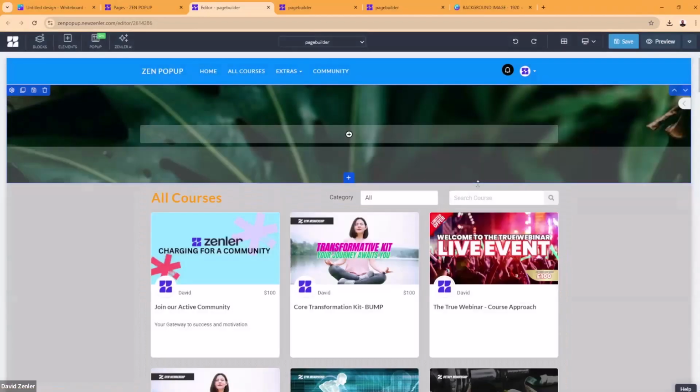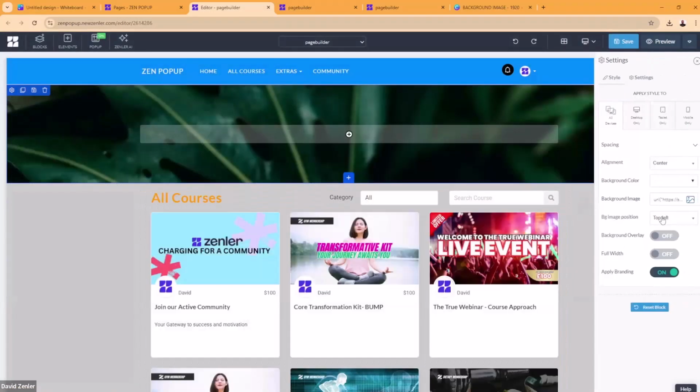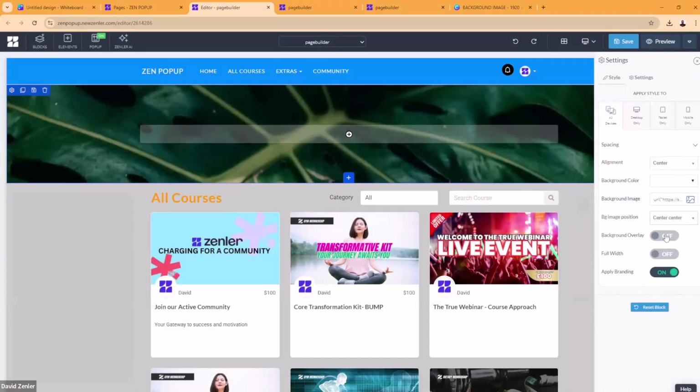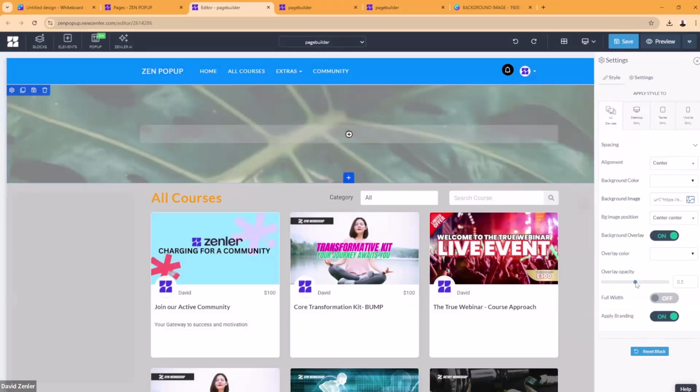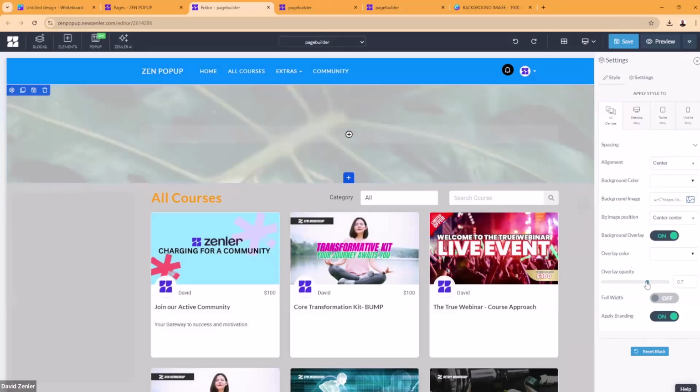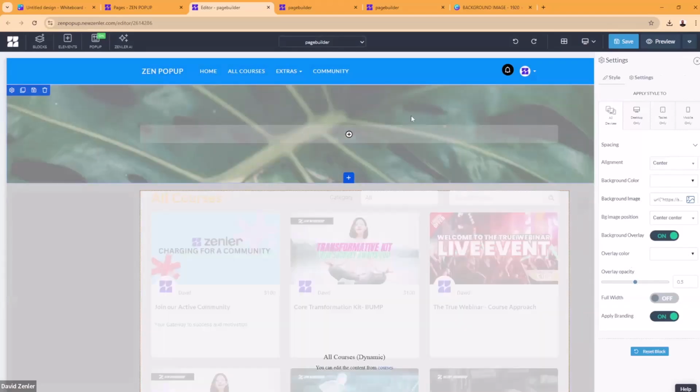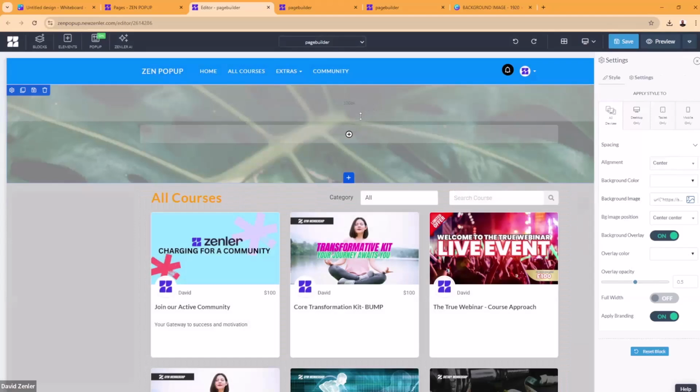And now I can set a nice tone behind that. Obviously you can center the position if you want to, center. I'm going to set an overlay for this because nothing will stand out on that white, and I'm going to set that like that, and that's how you can do it. So that's how you can set your background images in there. So I'll give you that and then you can add it.